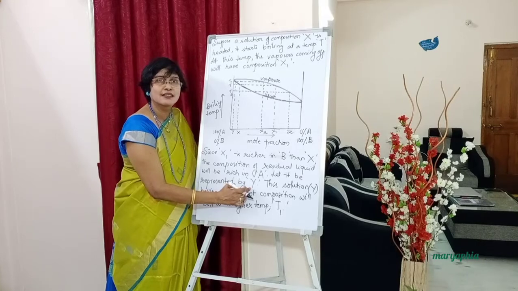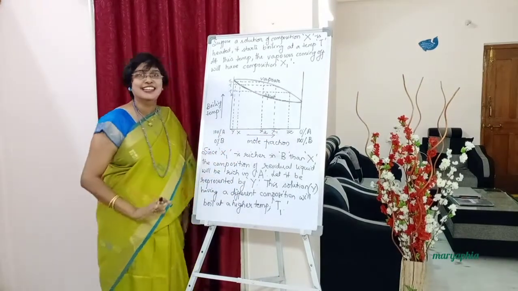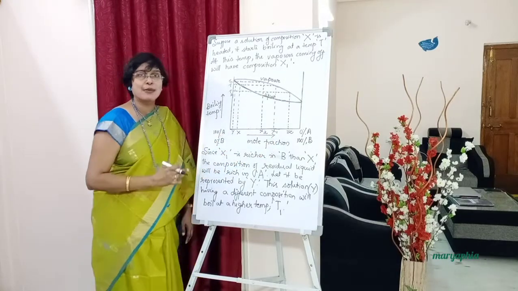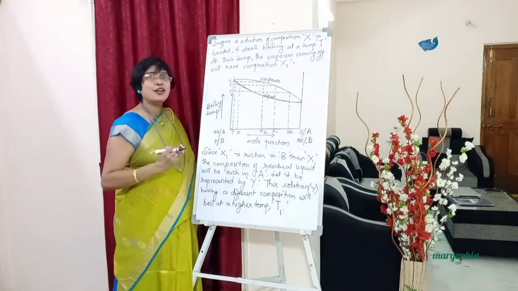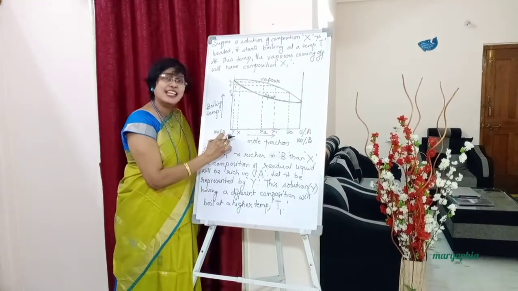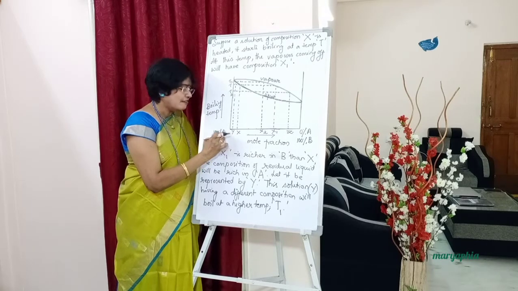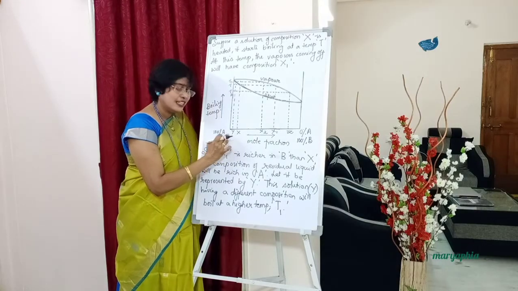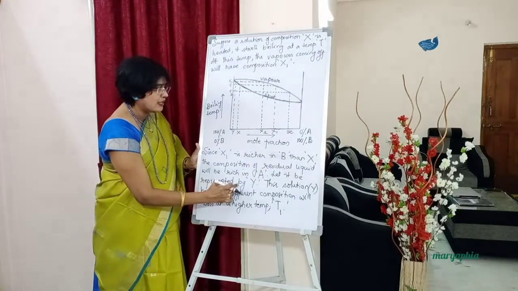Now let it be represented by Y. Where is Y? Can you see in the graph? Here is Y. It is not here. This is residual liquid. This is vapors coming off. Okay. So now Y is left side of X. So it is rich in A or B? A, we started with 100%. Okay. So Y will be rich in A. So that's what I mentioned here. Let it be represented by Y.